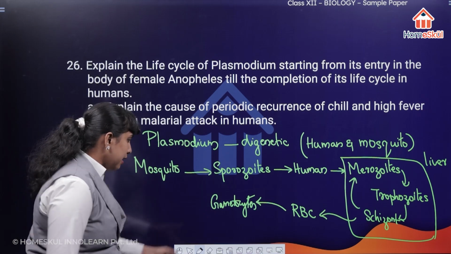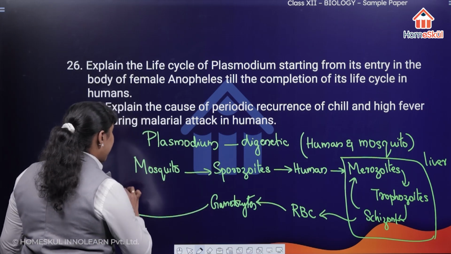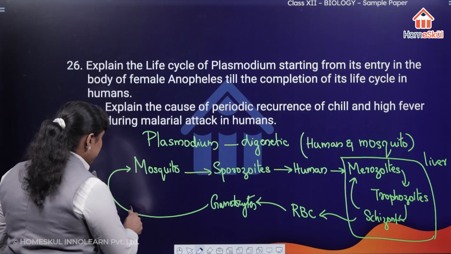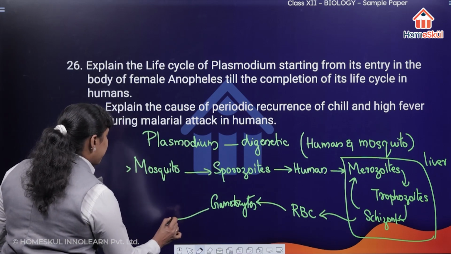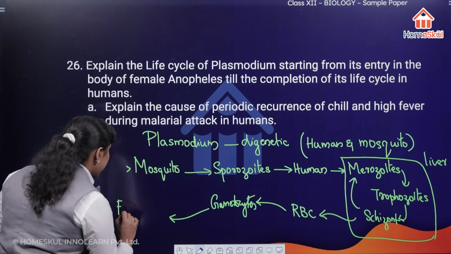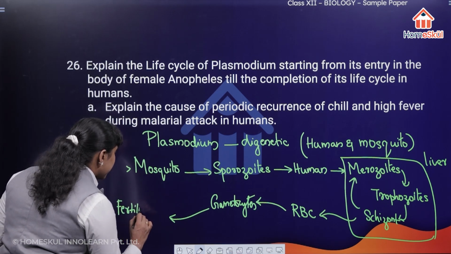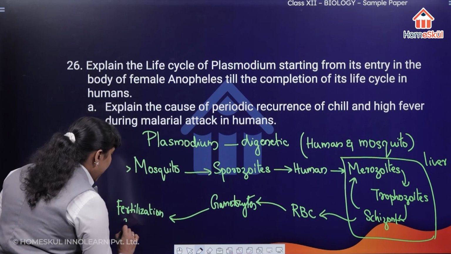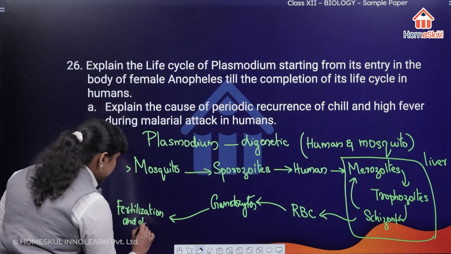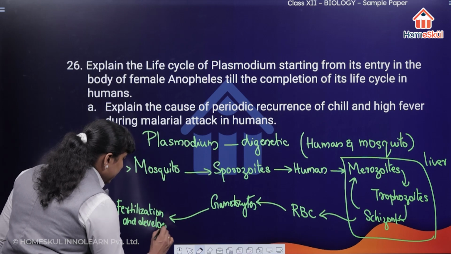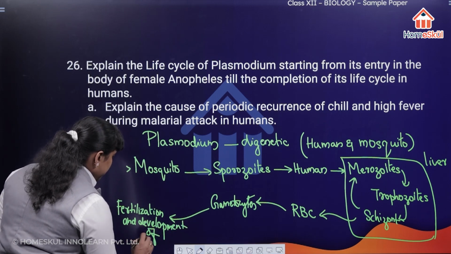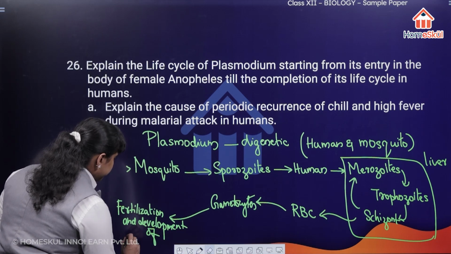Okay, and again these gametocytes are taken up by the mosquito, and inside the mosquito, what happens there? Inside the mosquito, the gametocytes will undergo fertilization. The male and female gametocytes will undergo fertilization and development, zygote formation. Okay, development of zygote,